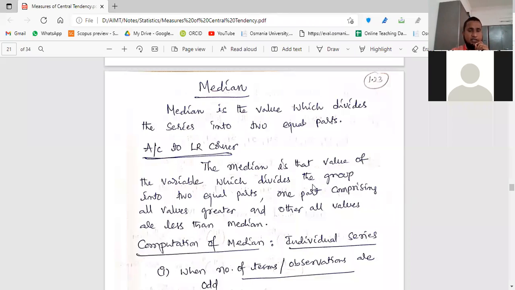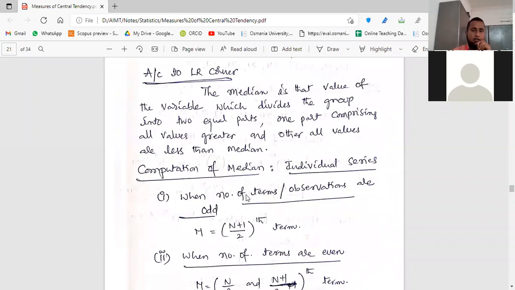Some definitions are there. According to Corner, the median is that value of the variable which divides the group into two equal parts, one part comprising all the values greater and the other part comprising all the values less. So obviously first we have to